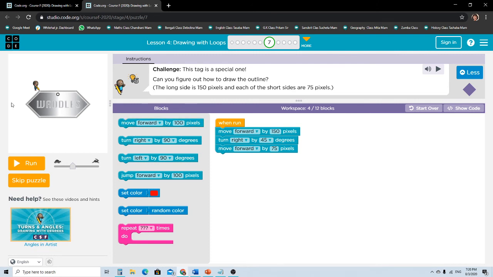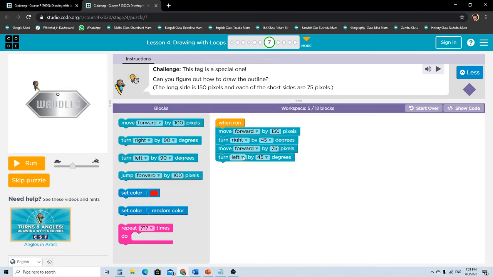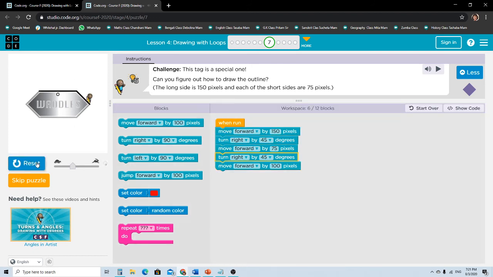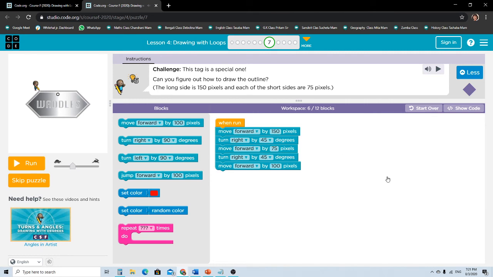Okay, so as it is here, we still need to turn. 45. This will be right. So move forward. So what is missing over here? The pixels.